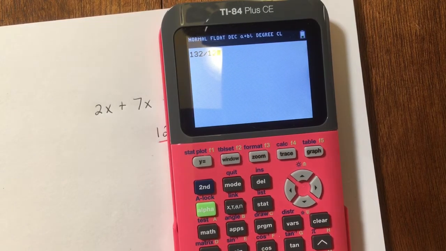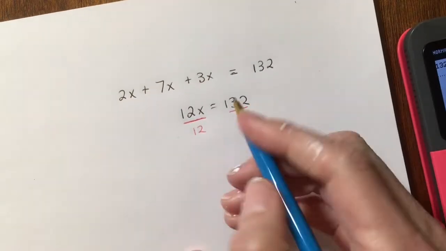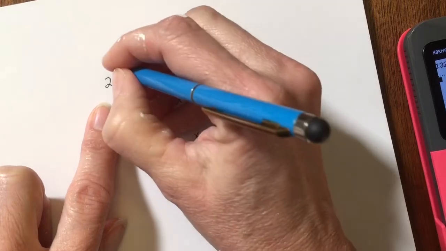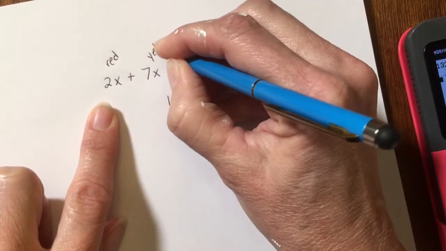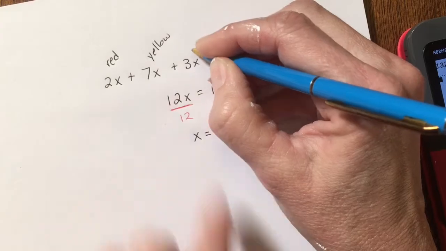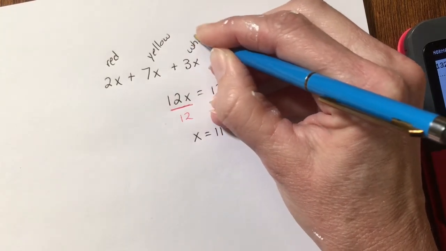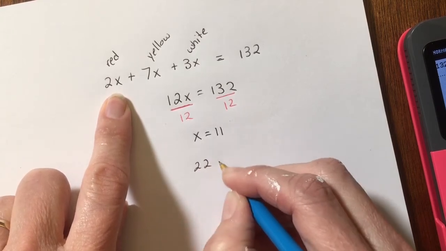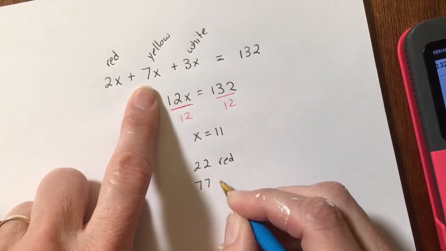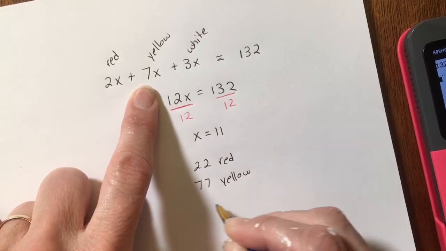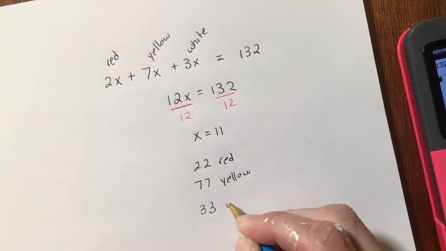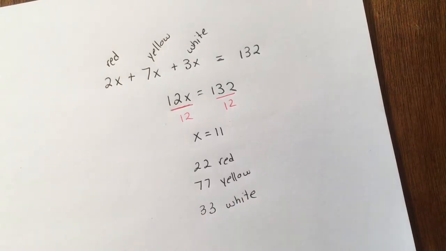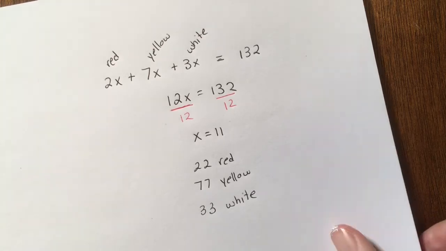132 divided by 12 is 11. So x equals 11. So that means if this was red and this is yellow and this term is white, then 2 times 11 is 22 red roses, 77 yellow roses, and 33 white roses. So as we're working these, try to use an equation so that we can,